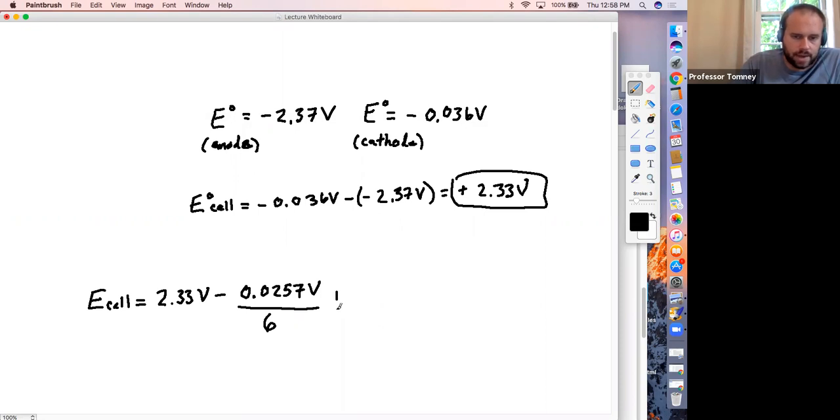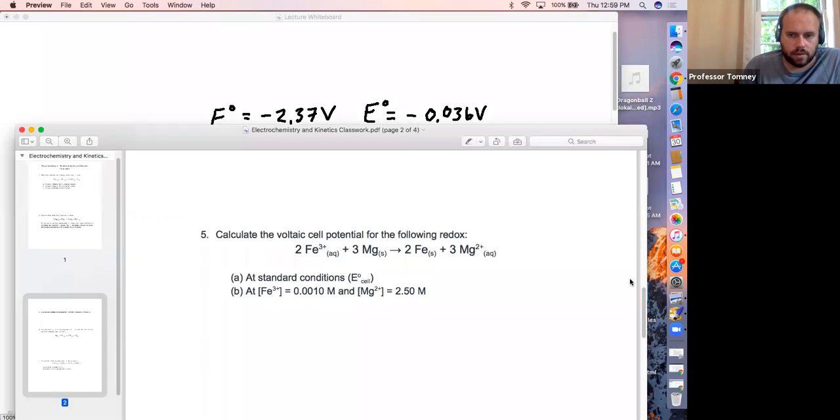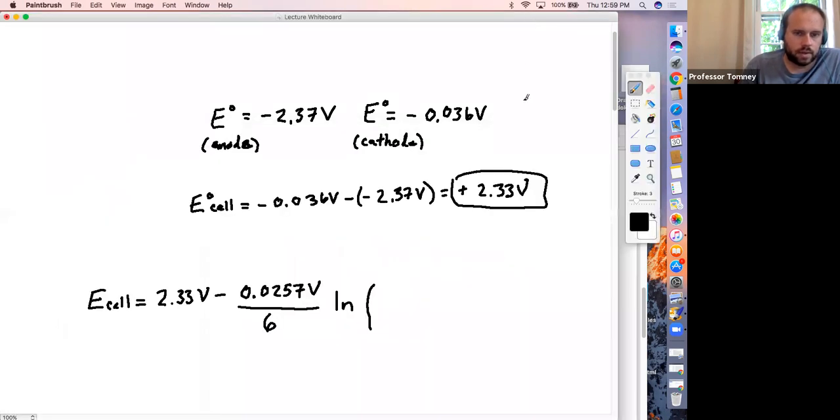And then I have the natural logarithm of the product over the reactant. So in this case, if I go back and look, it's only for the aqueous because solids don't participate in equilibrium values. And I've got magnesium as the product. Magnesium right here is highlighted at 2.50 molarity. And I've got the iron as the reactant, so that'll go in the denominator. That is valued at 0.001 molarity. So let's go ahead and plug those values in here. So it will be ln of